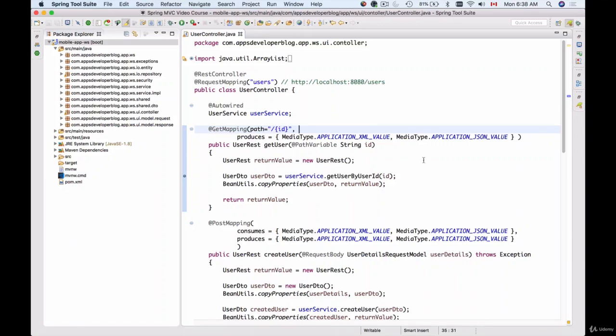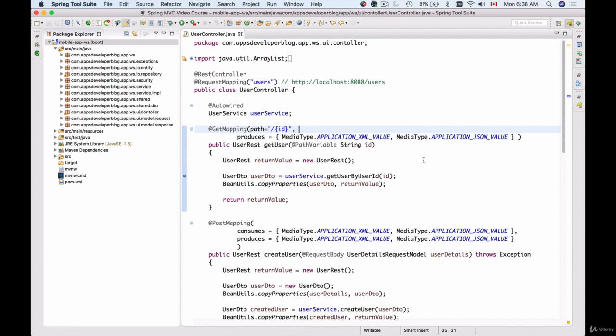Until now we were building and running our application using the Spring Tool Suite. But if you're going to deploy your application on a remote server, let's say it is Amazon EC2 server, then you might need to run your application using the command line tool from the terminal window. And in this video I'll show you how to use Maven to run your Spring Boot application using the command